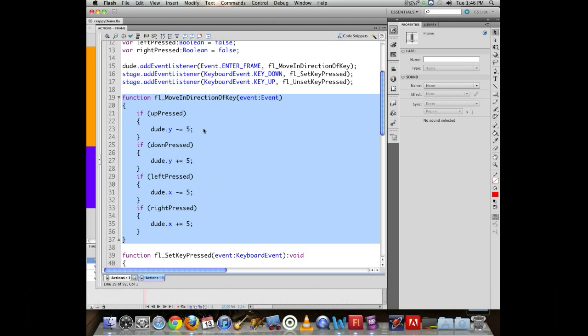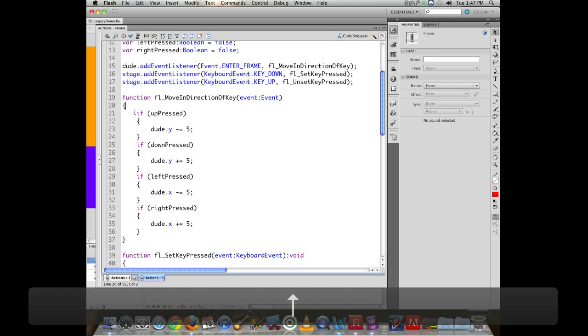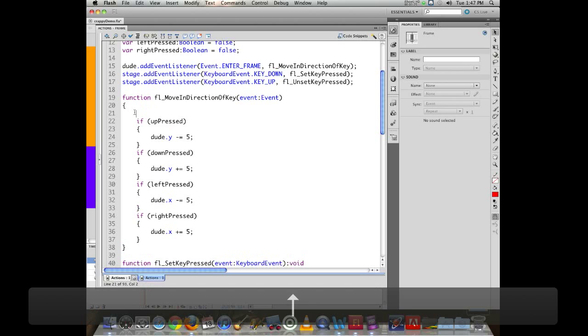The movement controls, the constraints that we will be looking for, will go into the enter frame loop. We can construct those using if statements. So we're going to say if dude's x position is at a certain place, then allow something to happen, or if it's at a different place, allow something to happen. So it starts out with y, so I guess we'll start out with y values first. So if dude dot y,